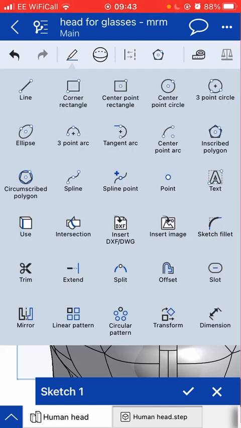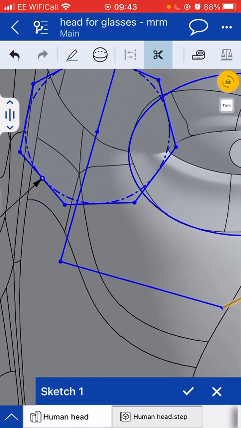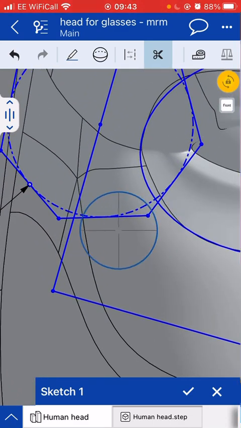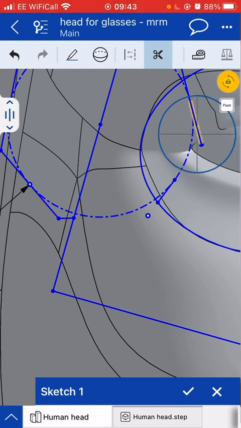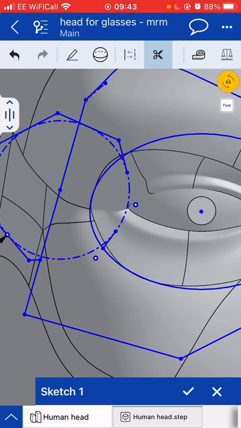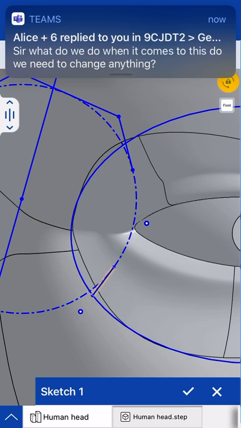Click on the pencil. I'm going to use the trim tool, and I'm going to zoom in here a little bit. I'm going to use the cursor to pick out that bit there, click on there and go in and click that bit there, get rid of that. I don't want this. I don't want that. I don't want this. So funny trying to do this on a tiny mobile phone. Get rid of this,